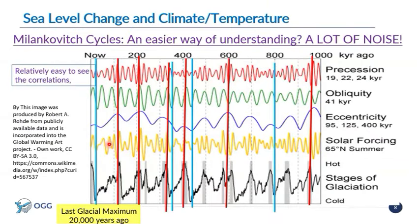This has been put together by another group. On the left there, you'll see the reference, talking about global warming as an art project. And there you go. From 1,000 million, beg your pardon, 100,000 years ago, 800, 600, 400, they've got these different stages, because that's when the main glacial cycle, the effect of different